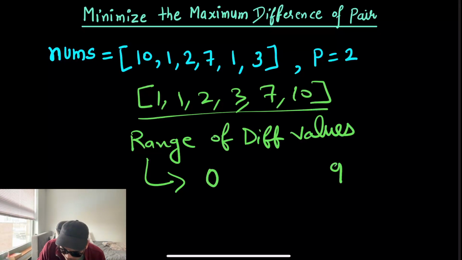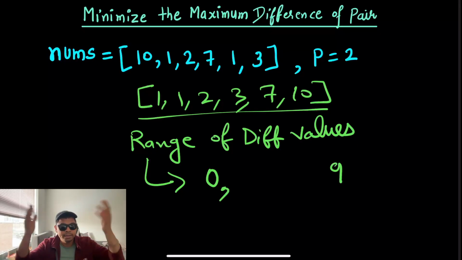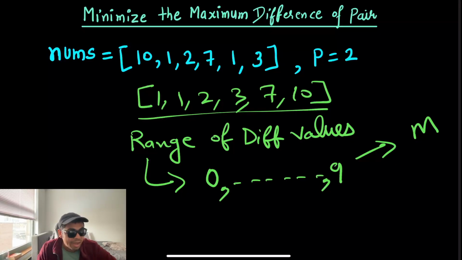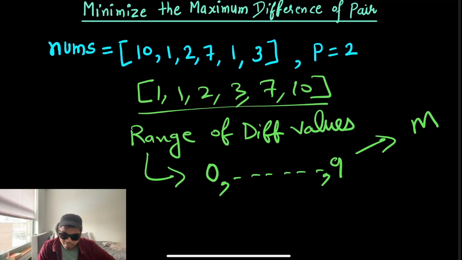So it will start at 0, and even if it doesn't have 0, we will find out, because we need to find two pairs at least. But for safety we can just assume 0 could be the minimum difference between any given values, because some values would be equal, so that makes the difference 0, and then this will be my range. Okay, this will be my range. So let's say its length is m. What I'll do is go from the beginning of this range till the end,